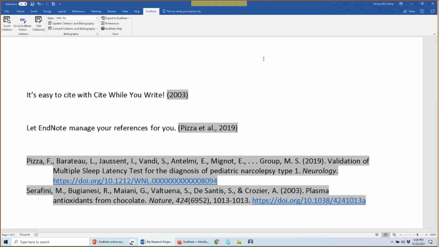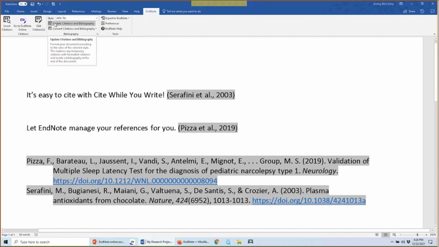And if your document gets formatted again by clicking Update Citations and Bibliography, or if you just insert another citation, which will trigger the reformatting action, I'll do that now, we see that the manual change gets lost because that manual change, again, hasn't updated the underlying code to tell EndNote to not include the author information for that citation. The appropriate method for customizing an individual citation in a permanent manner would be to highlight that citation with your